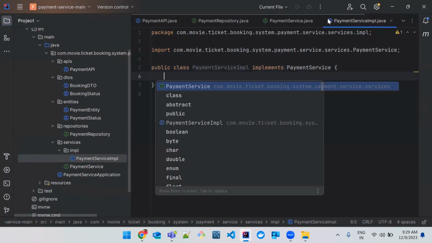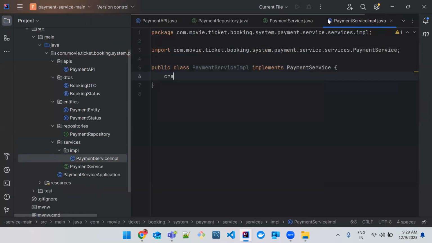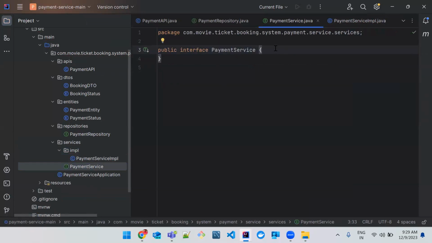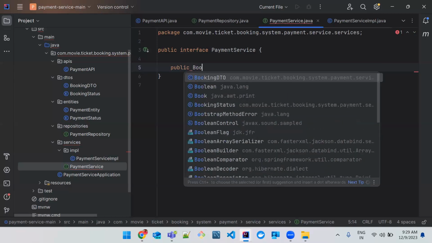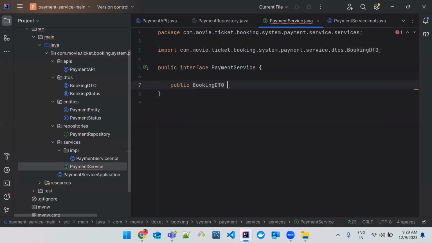Okay, and override that. Oh, we have not created any methods, right? So I'll just add public. The return type must be booking detail. So process payment